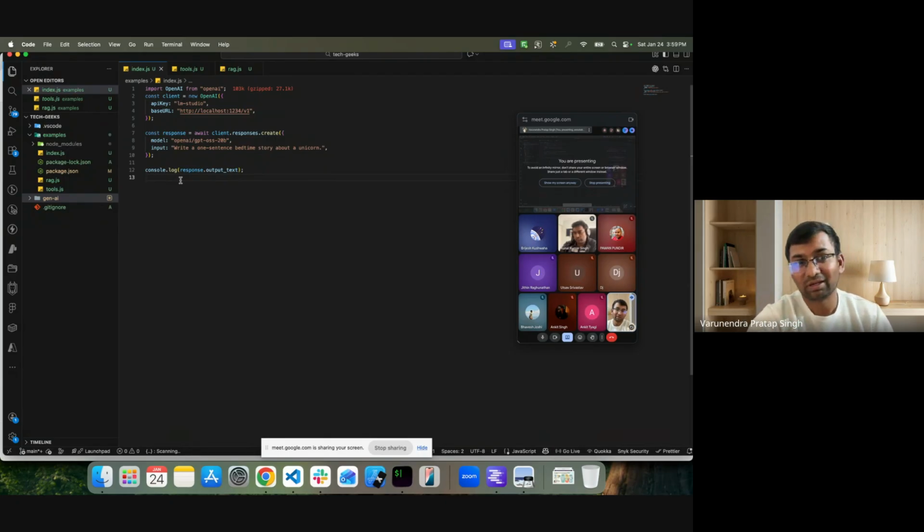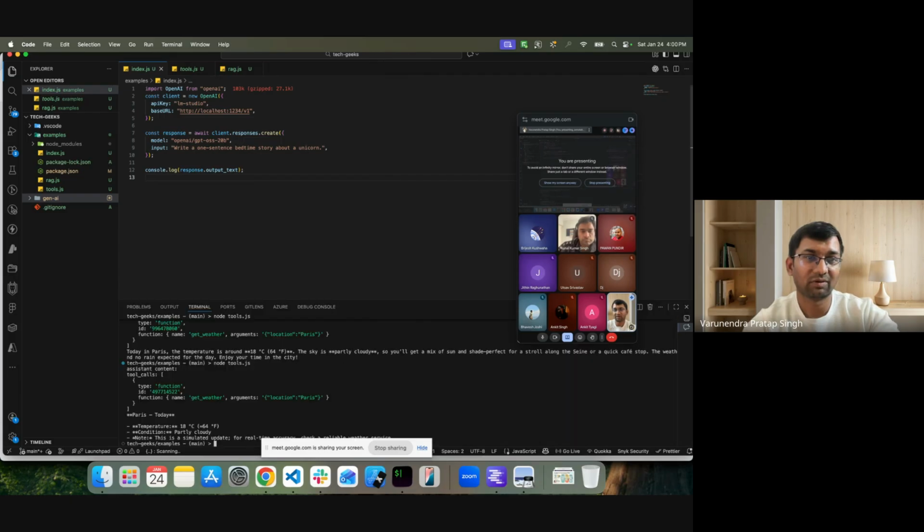Which one is better: should I go for a fine-tuned model, or there's the new capability, like tool calling, is that good or bad, correct? Let me show you with some working code, and you can decide whether it will meet the requirement or not. By default, let's say we have one LLM model. This has been trained on some parameters with some knowledge, correct? And if I ask a question, let's say, write a one-sentence bedtime story about a unicorn,